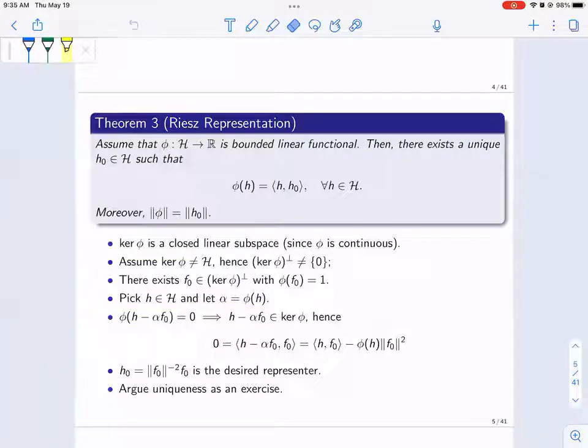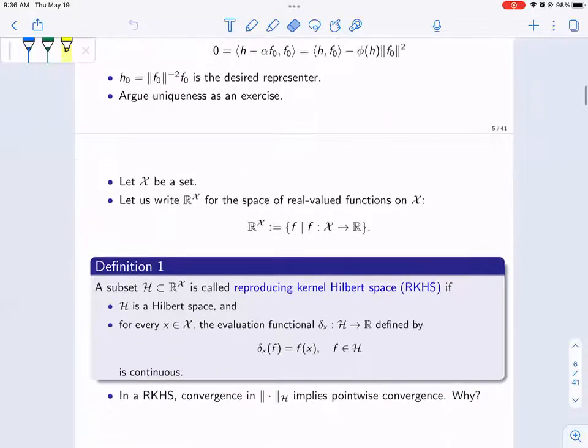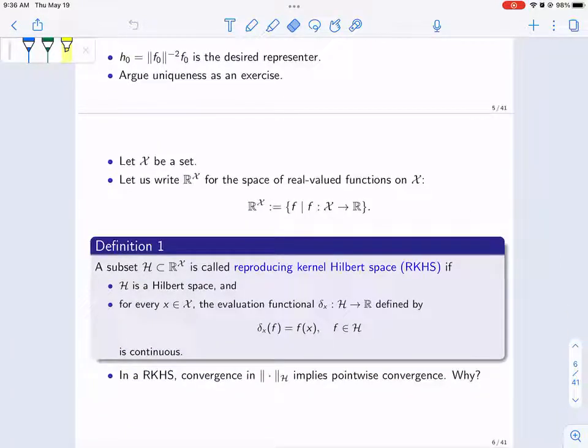space H and you have a bounded linear functional on the space, then there exists a unique element in the Hilbert space such that you can write this linear functional as this element inner product with a generic element in the RKHS. That's how you create all linear functionals, basically. So there's a one-to-one mapping between all bounded linear functionals and the Hilbert space itself. And then we just define the RKHS, or an RKHS, to be